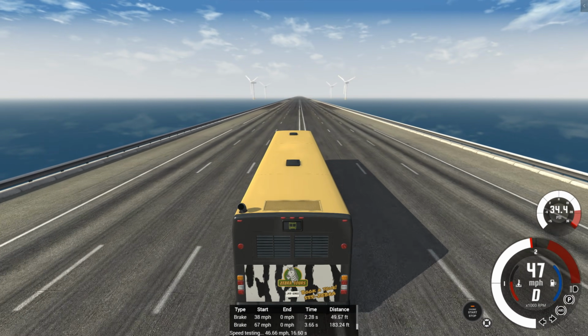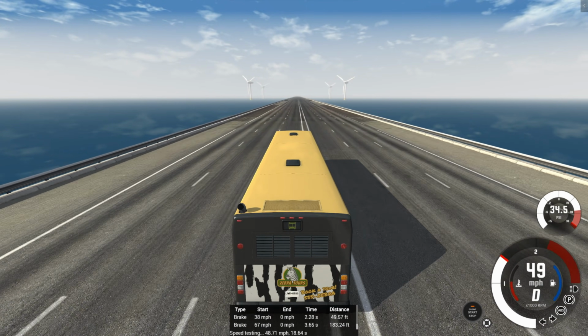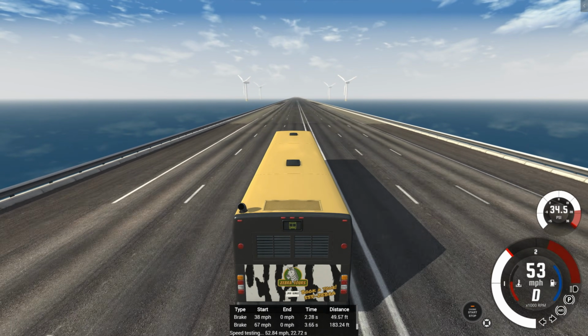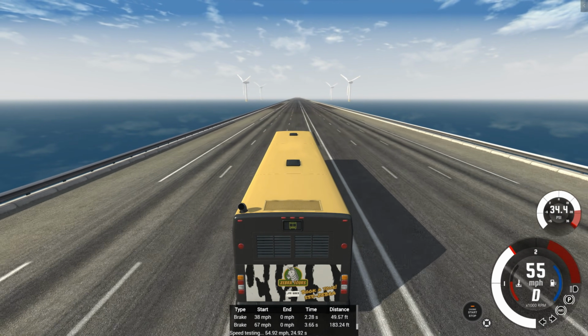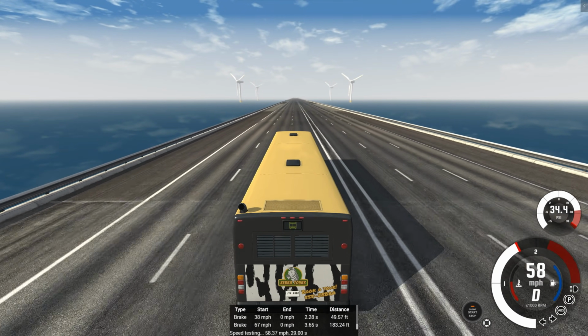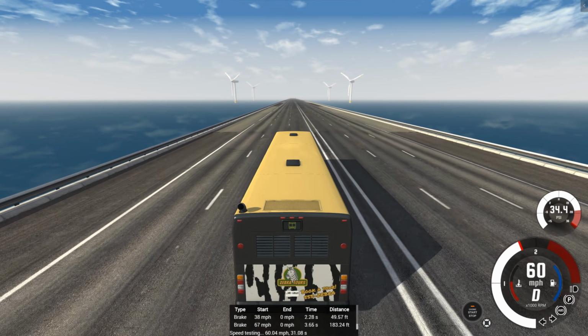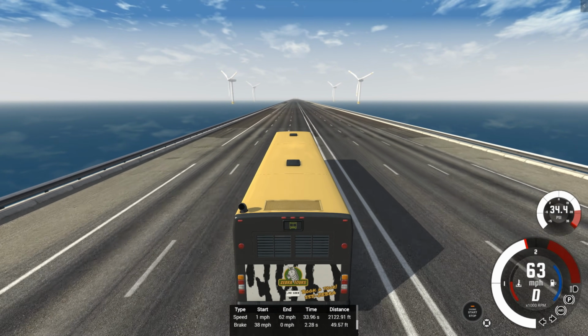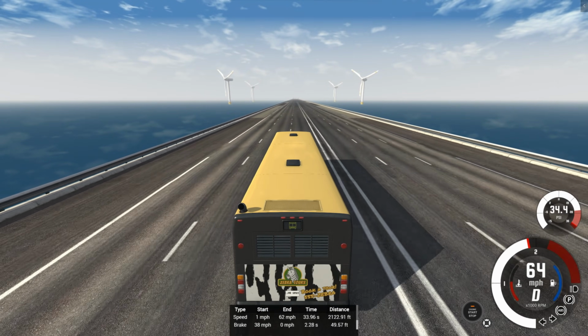And that is not always true, mind you. In some situations, the higher gravity will be faster. It just depends on the vehicle. If the vehicle has more power than traction, increasing the gravity will help. If the vehicle has more traction than power, like the bus, usually decreasing the gravity will help. So right there, we got a 0 to 62 time in